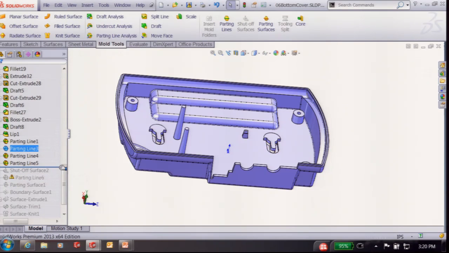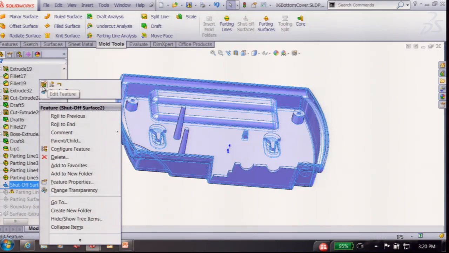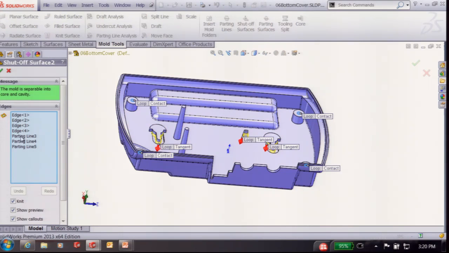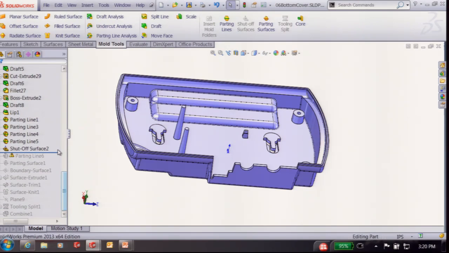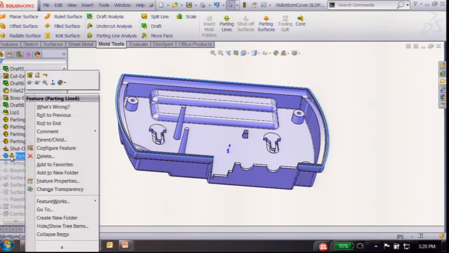And then when I do my shutoff surfaces, instead of going in and selecting those edges, I just select the parting lines. And you have the same options, the same control: tangent, fill, no fill, or what was the other one? Anyway, but the interesting thing on this parting line, or in this parting surface, is what I did is